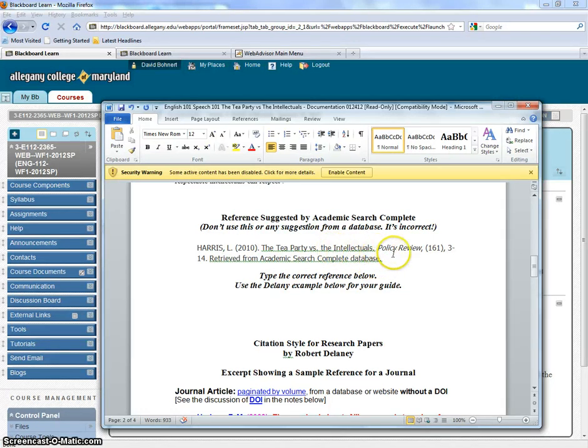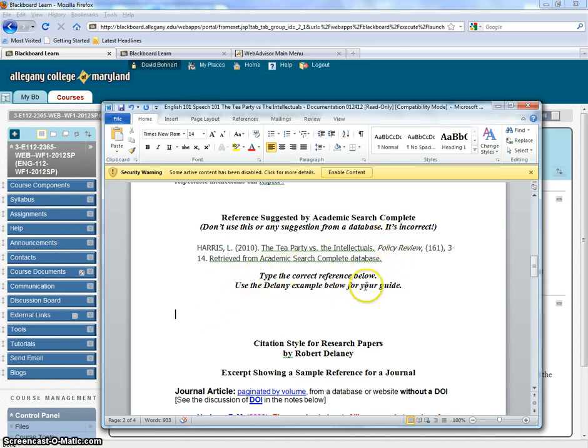You do put policy review in italics, and that's okay, and put your issue number in parentheses. That's fine. Everything is all right from there on, but at the first part here, there are some things that are wrong with the author and with the title. So now what I want you to do is to set up your reference here,